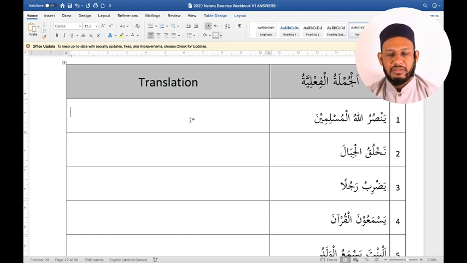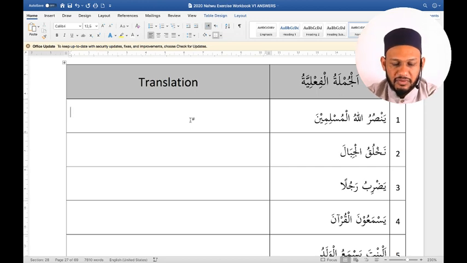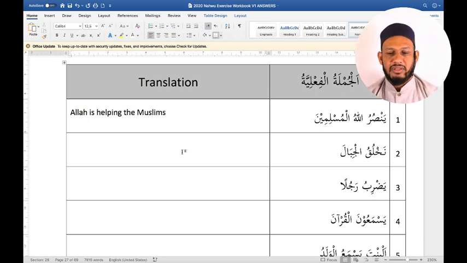Yansurullahu al-muslimina. So the same thing we're doing now, we're doing to the present tense verb. Yansuru means is helping. I look for the fa'il, I look at the end, I see nothing at the end. If I don't find it at the end, I look to the left, I see the word Allah. The word Allah there is going to be the fa'il. Therefore I say Allah is helping. Who's Allah helping? The Muslims. And al-Muslimina is in nasb, because if it had to be in raf', it would be al-Muslimuna.